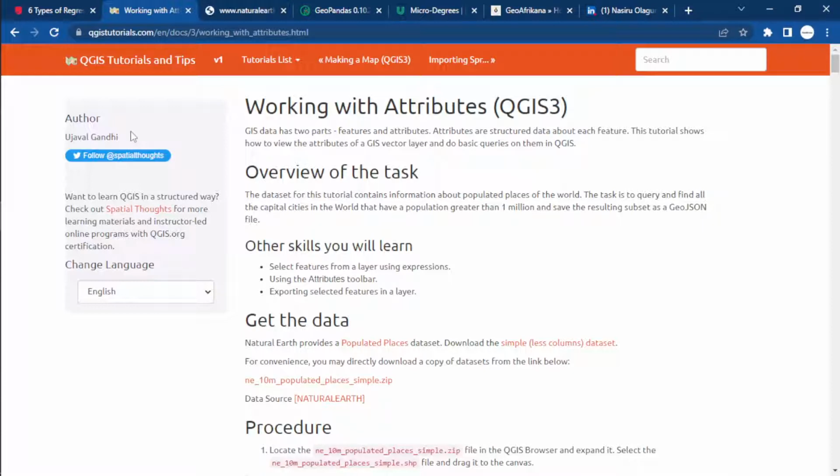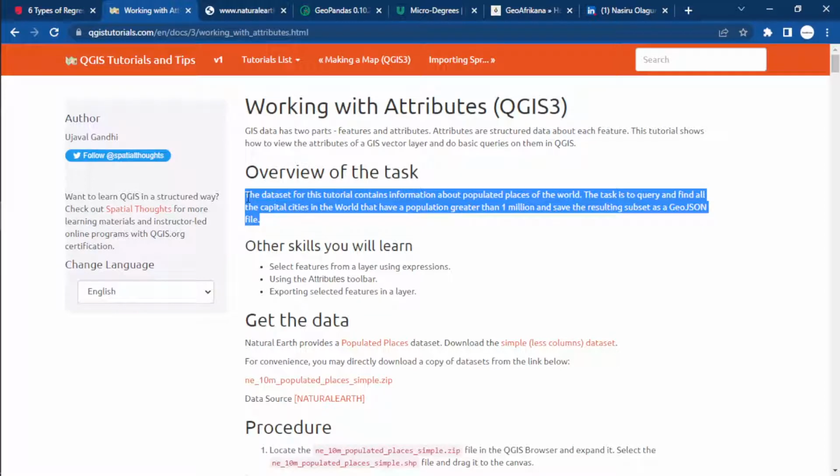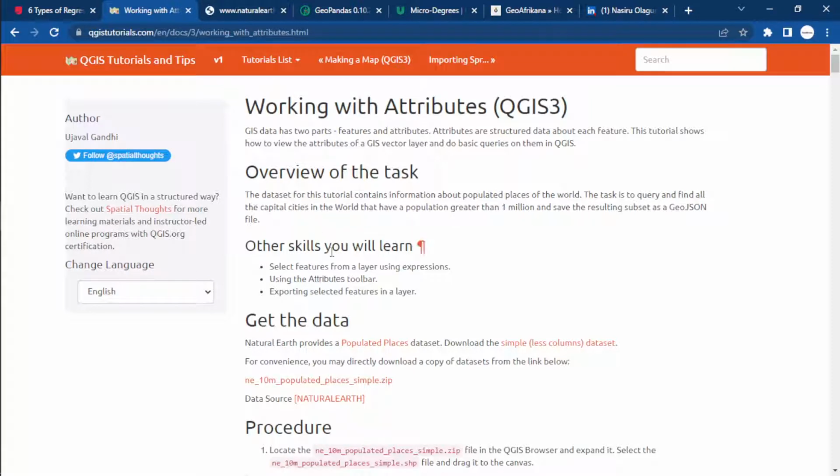Anyways, today we are not going to be working on QGIS, no. However, we are going to be using this tutorial to guide us in Geopandas. We are going to be following his workflow in Geopandas. So this task here, which he has done with QGIS, we are going to be doing it in Geopandas, and